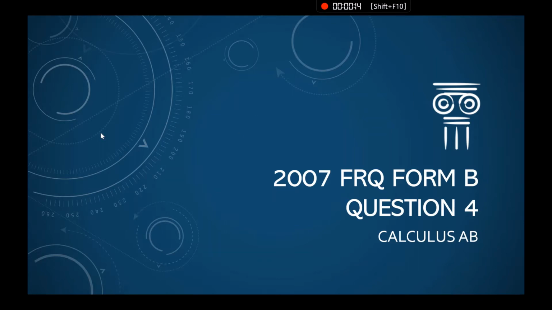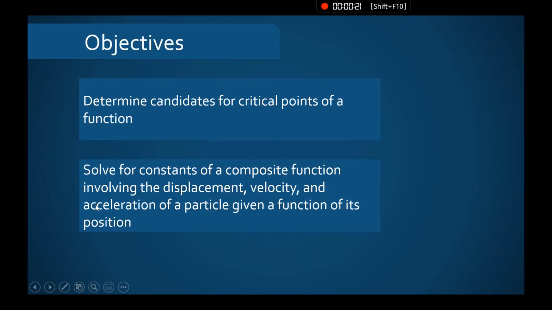So we are continuing with the free response questions on Form B, question 4. I picked this one specifically because I've noticed a pattern in some of the work that some of you have been submitting with finding the critical points. So I really want to focus on this first objective, determining candidates for critical points. Namely, we just need to test the start point and end point every time that we test our critical points as well. We'll also be solving for constants of a composite function involving displacement, velocity, and acceleration of a particle